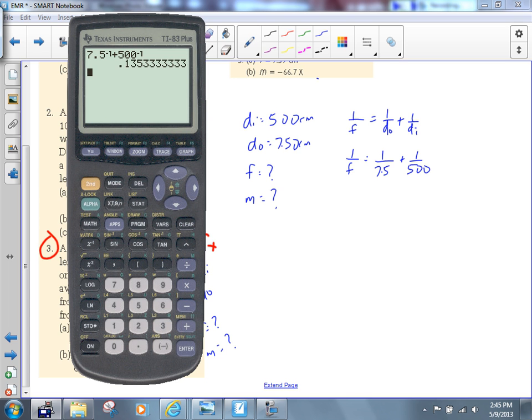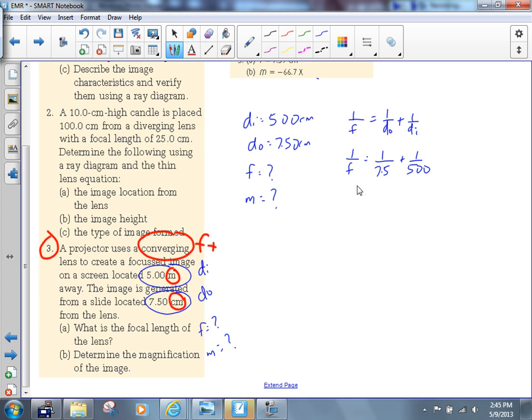Let's not forget to flip that over. I wouldn't be surprised if this was a multiple choice question on a test. I wouldn't be surprised if 0.135 was one of your answers for F, because that's probably, I would think, a fairly common mistake. You get this far, you just forget to flip that over. Okay, let's not make that mistake. Let's flip that over, and let's get 7.3892